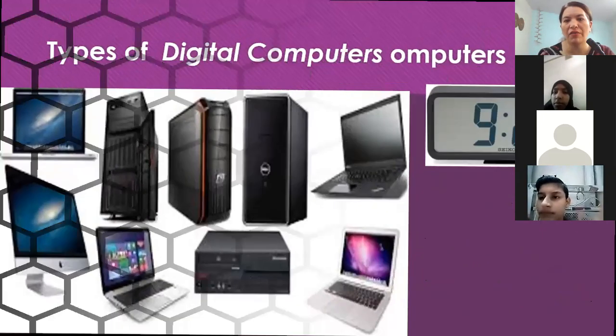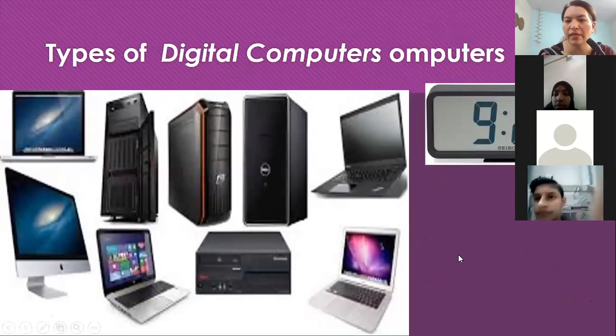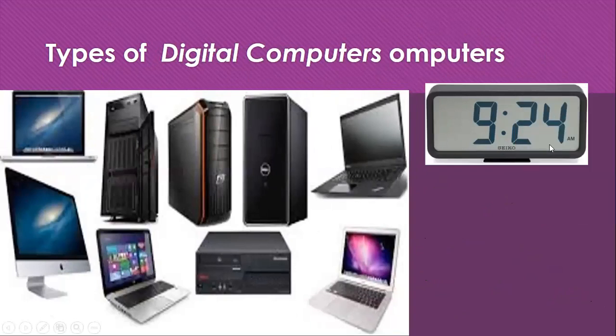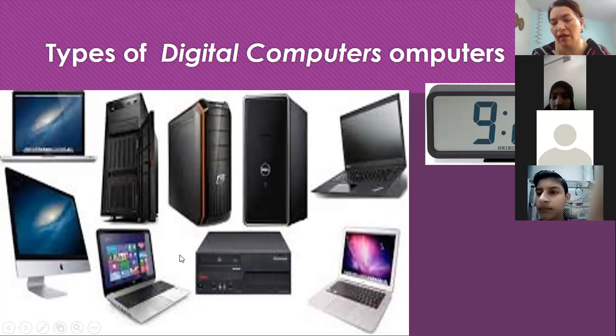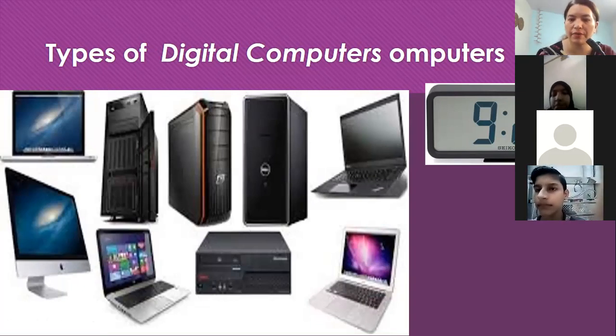This is the example of digital computers. You can see this digital clock over here. Previously, that was the analog clock, and this one is the digital clock where it is showing you the fixed time, that is 9:24 a.m. Everything this machine is showing you. And similarly, digital computers are those computers which we are commonly using at our places and at our schools and offices, that are also a part of general purpose computers. Okay. I hope I'm clear.